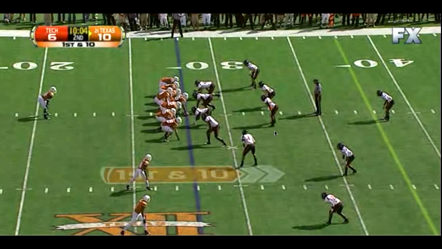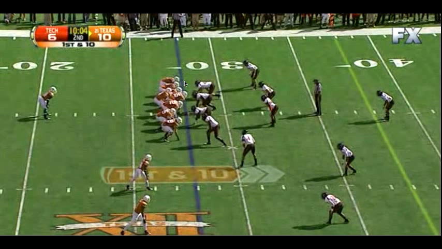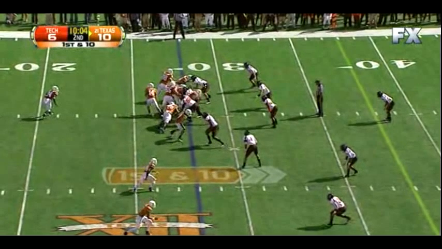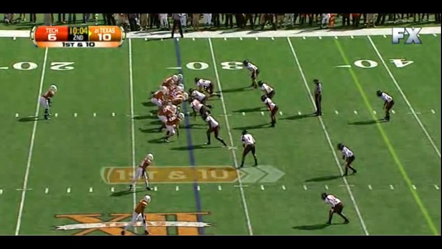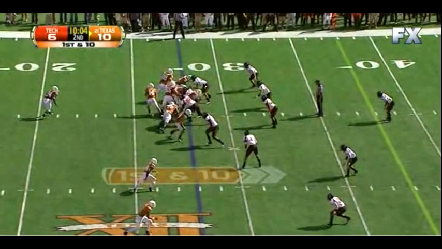So they have what should be a numbers advantage against the run game because they have 9 defenders devoted to playing the run. But we run to the short side of the field here, and as we've talked about previously, the flex outside zone really complements the power zone or the power O that we run because this defensive end has been trying to play that C gap all game long,